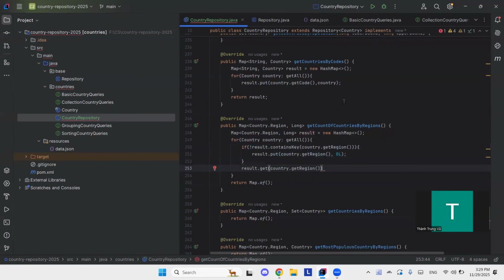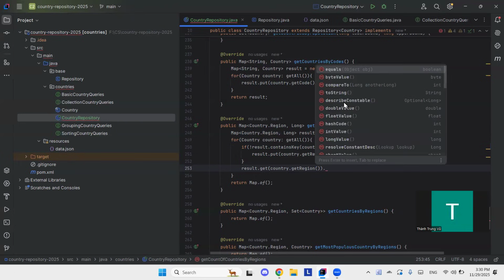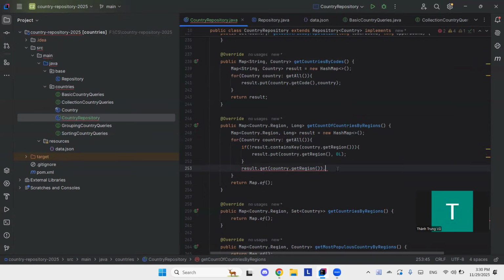because you know how in a dictionary, if you put the key inside of a square bracket, it will return the value. This is the same thing. If you do a get and you put the key in, you're gonna get the value at that key within the map. So if my key is, for example, Europe, so I have Hungary, I'm getting the country.get region of Hungary, which is Europe. So I'm accessing the key Europe to get its value, which is